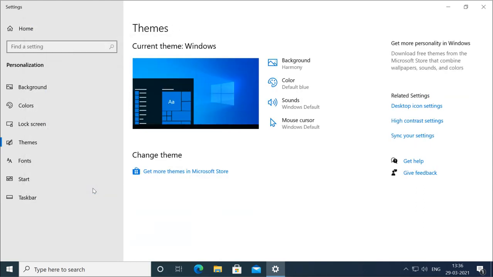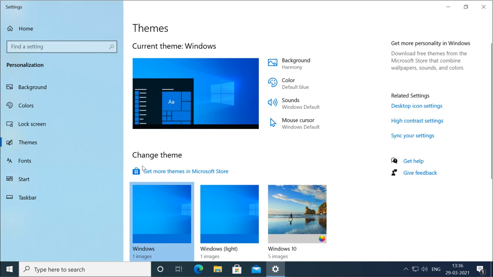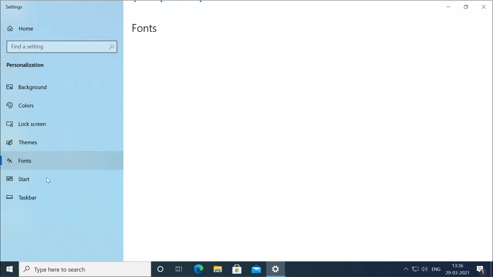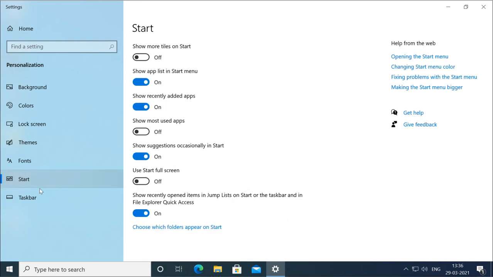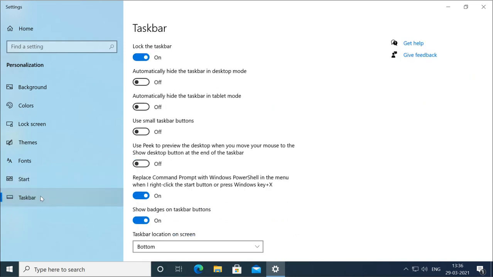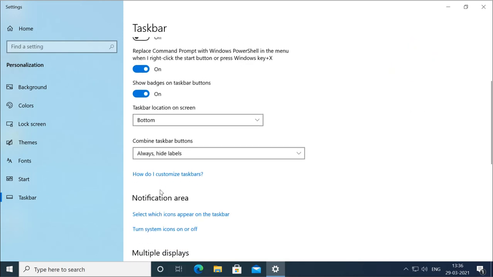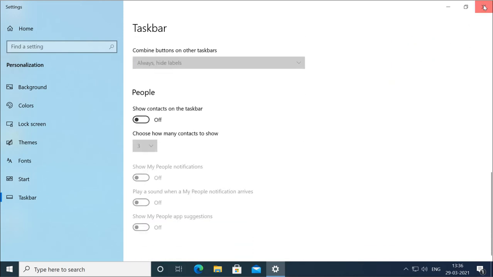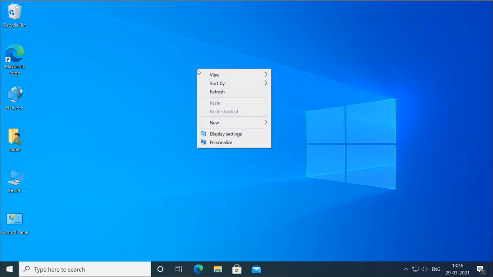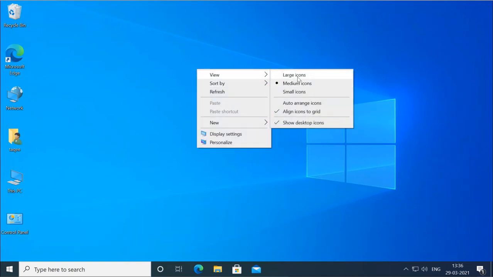You can change the font setting, the start setting, and the taskbar setting, what you want to see on the taskbar, the notification area and all that. You can right click and change the view icons: larger, medium, small. You can do auto arrange, icon grid, show the icons on the desktop or not.